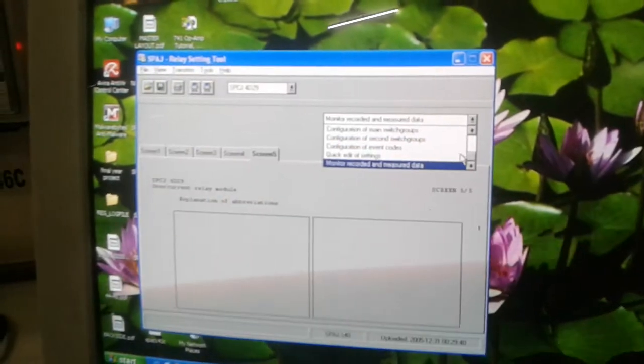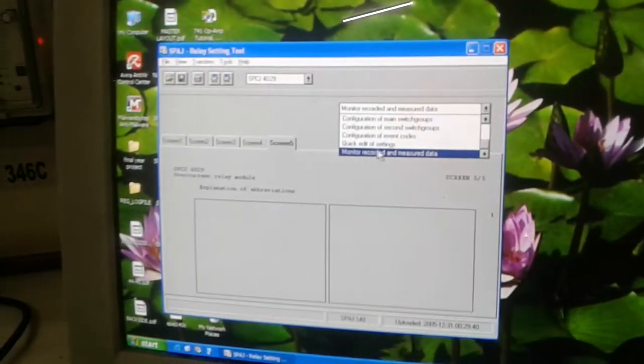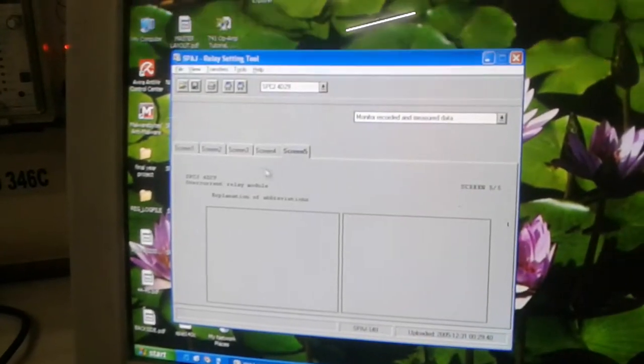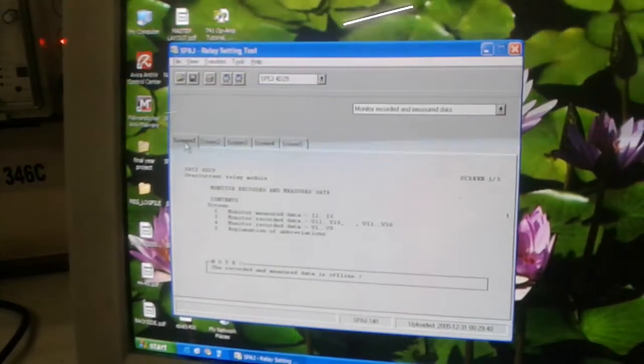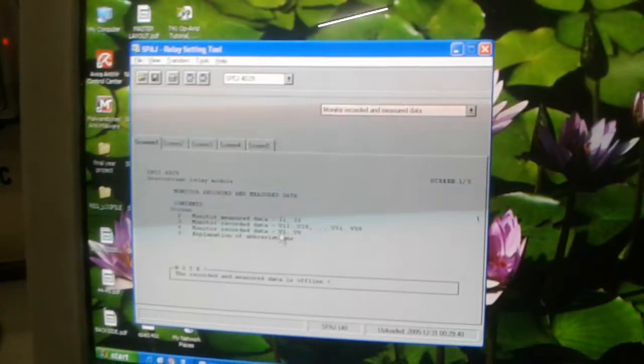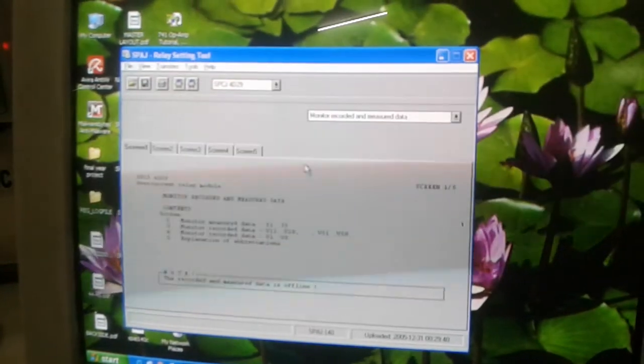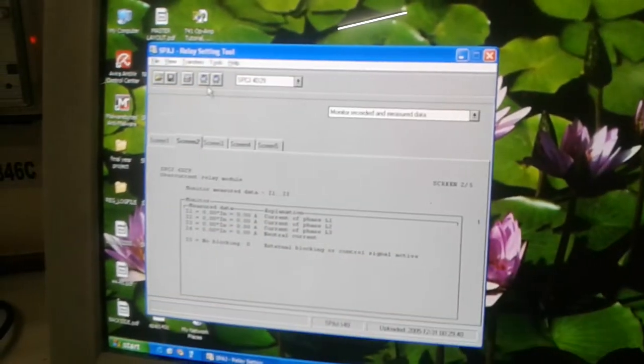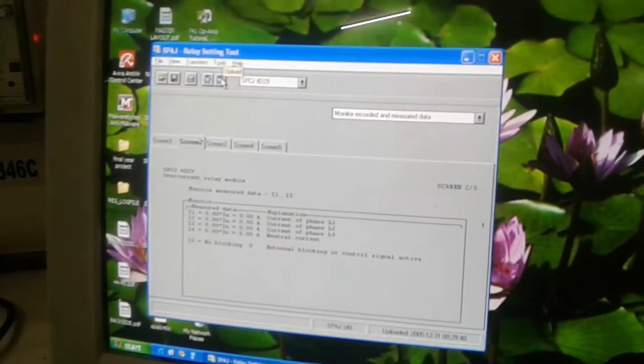So to see the recorded data, we have to choose monitored, recorded and measured data. When we choose this, 5 screens will appear in front of us. Screen 1 shows the nomenclature, what is there in the next 4 screens. Screen 2, you can see there is a measured data, but before seeing this data, we have to upload the data from relay.